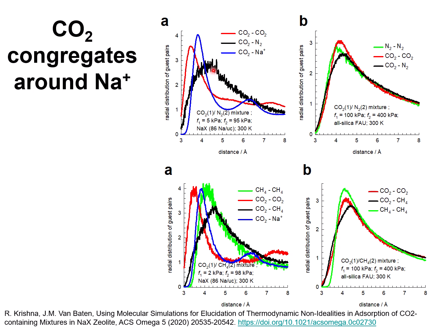Consequently, nitrogen suffers less severe competition with the CO2 molecule because it is further away from CO2, and CO2 is closer to itself or to the extra framework cation. The same is true for CO2 methane mixtures. The red line is for CO2